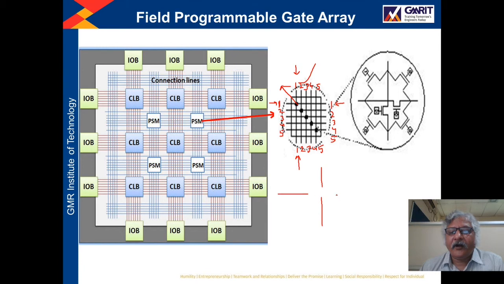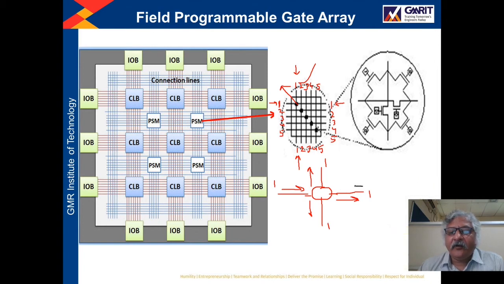I am concentrating only on wire 1, vertical wire 1, here it is 1, horizontal wire 1, here it is 1, right? So here you are having the junction point, right? So this wire can be routed towards this side, or it can be routed towards this side, or it can be routed towards right side, right? Same way,